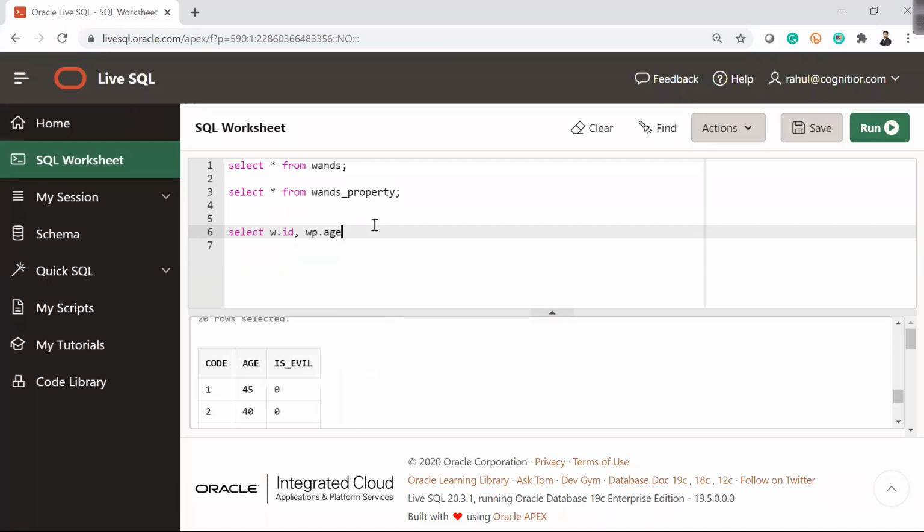I'm going to give the alias w to the WANs table and wp to the WANs property table, comma w.coins needed.